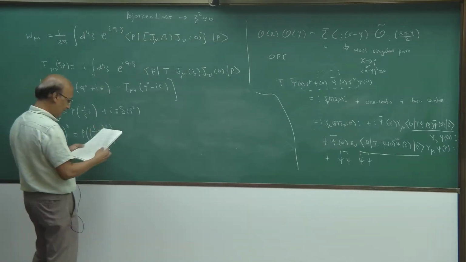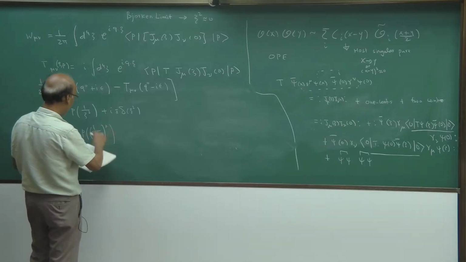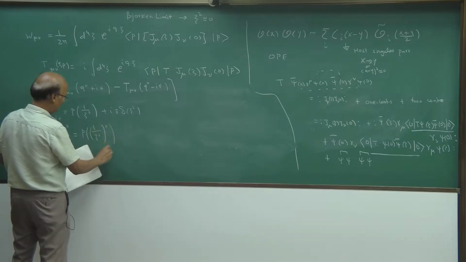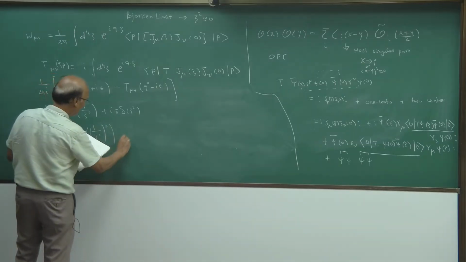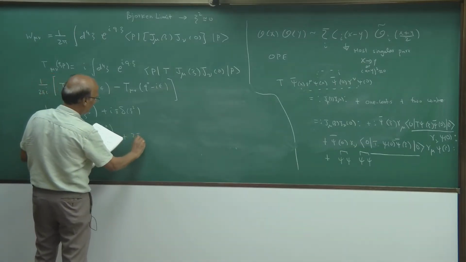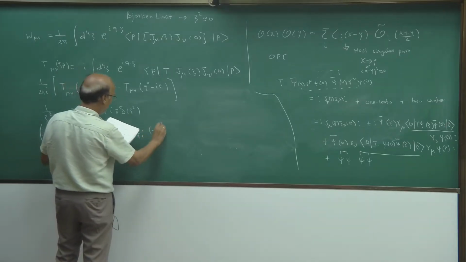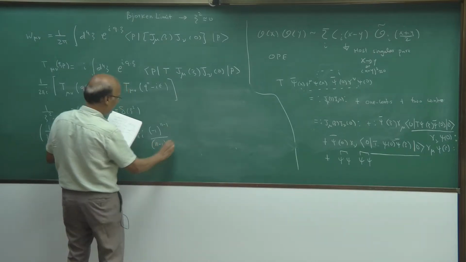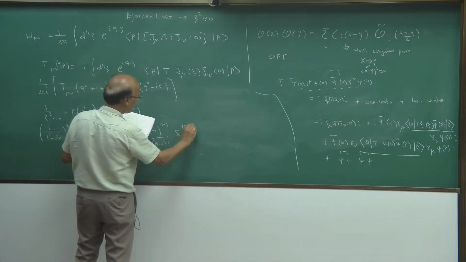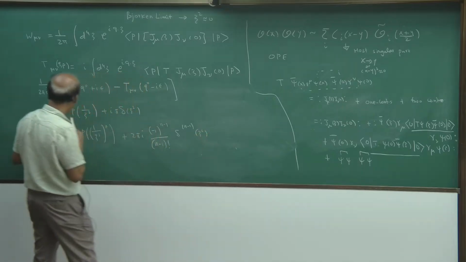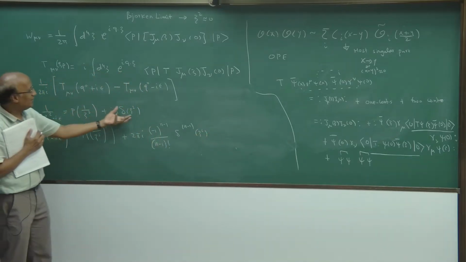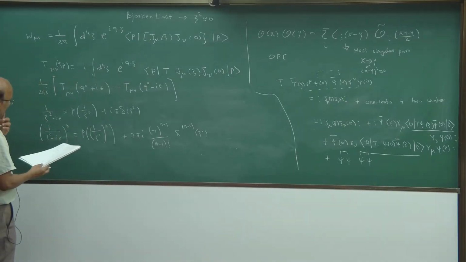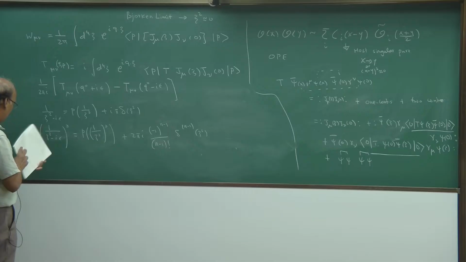The only difference is some complicated functions. Let's say I don't care because I'm going to subtract this, so this part I will not worry too much. But if you look at the second term, it will be 2 pi I times minus 1 power n minus 1 divided by n minus 1 factorial, delta n minus 1 psi square. So it will simply be the n minus 1th derivative of this. Now you can substitute